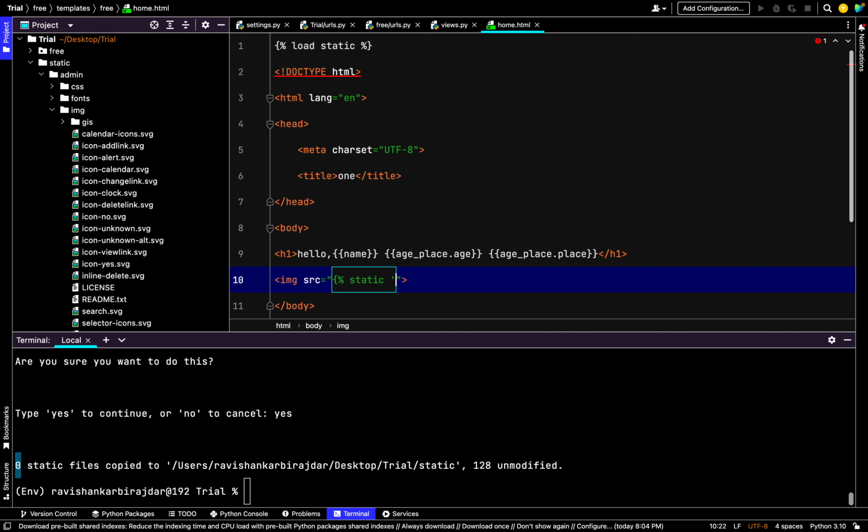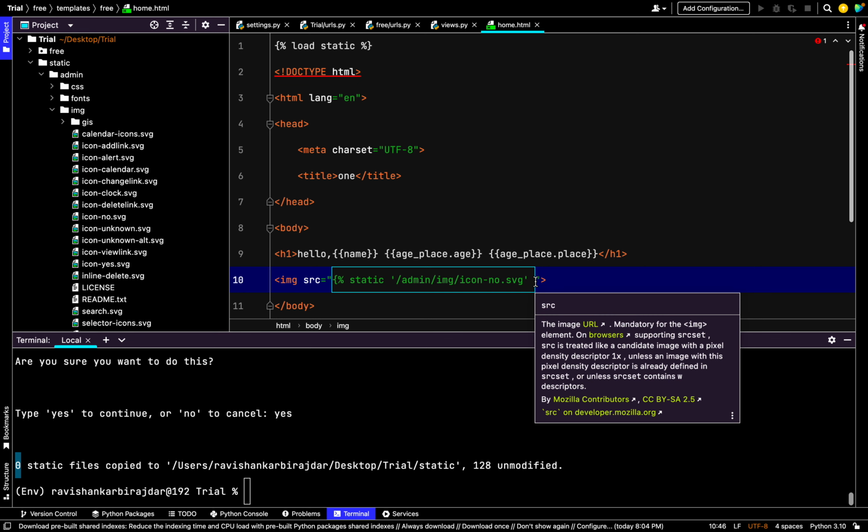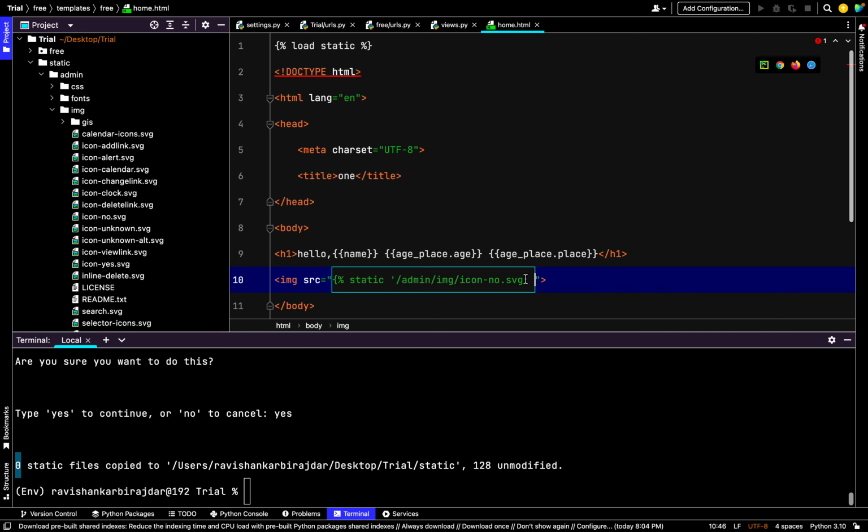From static I have admin slash images slash icon-no.svg. I'll close this. It should be in single quotes, because double quotes are already outside, and inside them the single quotes work. If you use double quotes inside, it will not work. Either use single quotes inside double quotes, but you can't do it the other way. So I'll close this